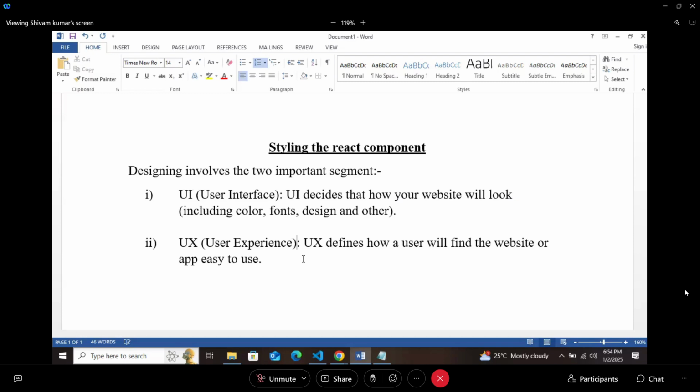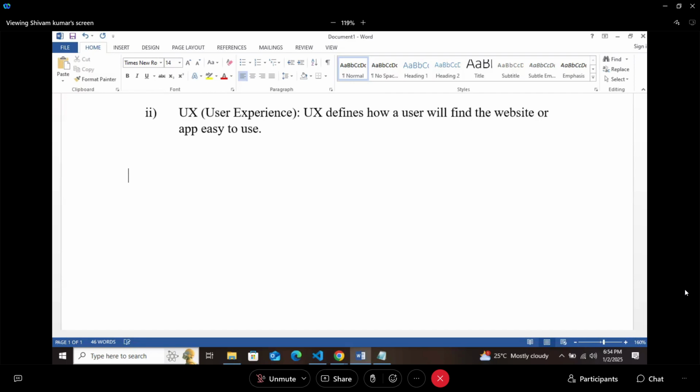Now let's talk with respect to React, what we will do in the designing of a component. In React, creating the styles is a bit different from the traditional styles.